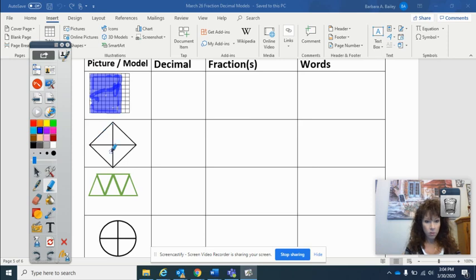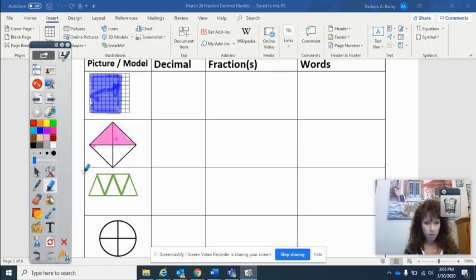I've got a square divided into 4 parts, 4 triangles. I'll use pink this time. So I'm gonna shade 2 out of 4 parts. And again, you're gonna write the decimal fraction in words. And then the fraction, go ahead and try to simplify it. And let's do